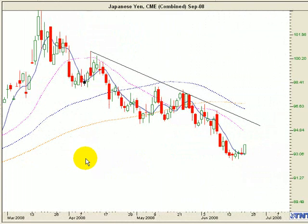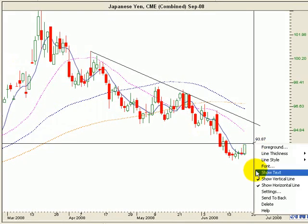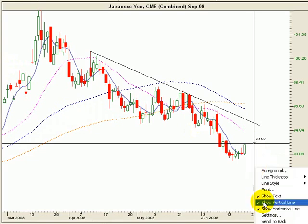Now, in that same vein, we have the September yen. And you can see it's pretty much the same kind of picture. The market's come down, put in support a couple of times, and then by the end of the week, we saw a little bit of a rally. Now, technically, this market is still in a downtrend. However, we have that cupping action happening again. And with the strong finish on Friday, it does look like we could get a little bit of a counter-trend